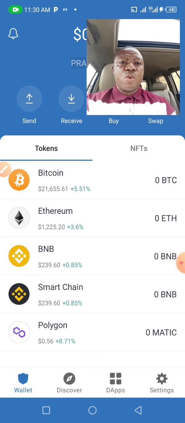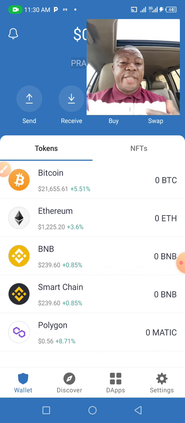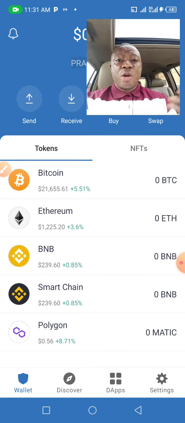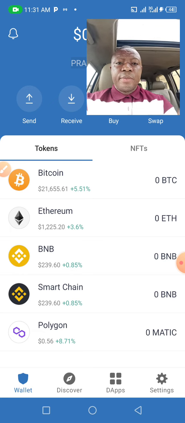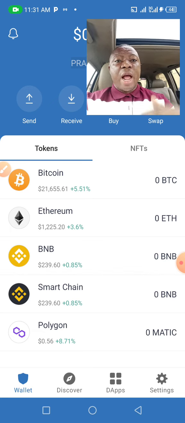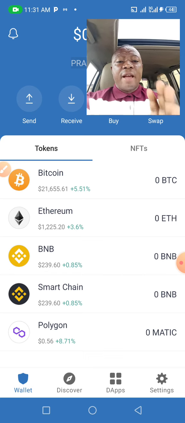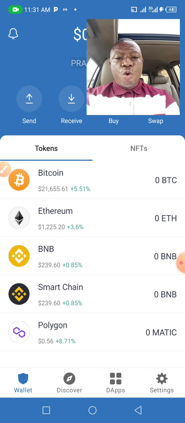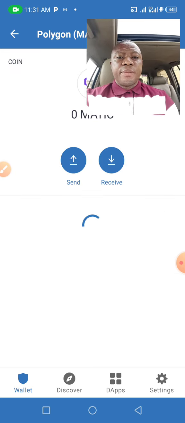Because we want to buy a new ticket, I want to do a top up, in spite of the fact that I have 2,756 tickets, which will be entitling me to some good number of gold coin. Now that I'm about to do another top up, another purchase, and I have done my part one requirement, what I need to do is to open my Polygon Matic.